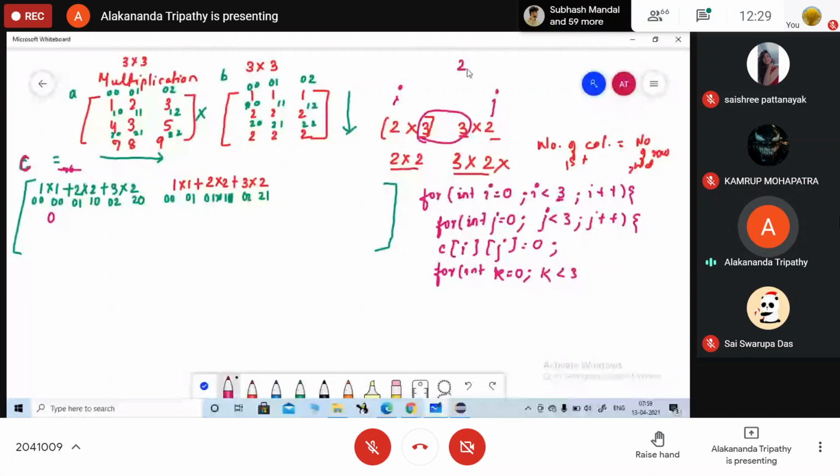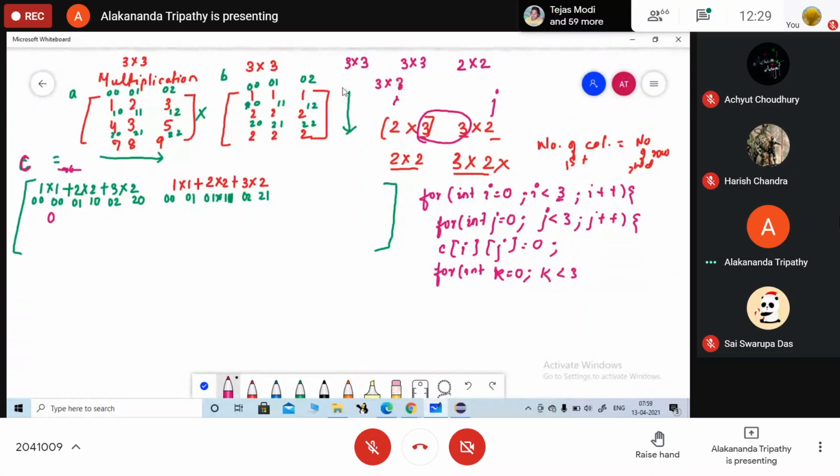If the matrices are taken as 2 cross 3 and 3 cross 2, what will be the C matrix dimension? C matrix का dimension कितना होगा? 2 cross 2. Okay, now here you are multiplying 3 cross 3 with 3 cross 3. So what will be the resultant matrix dimension? 3 cross 3.